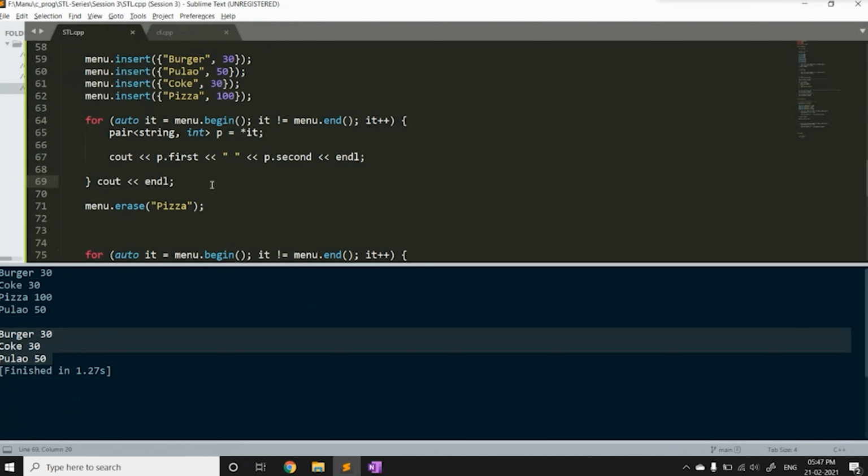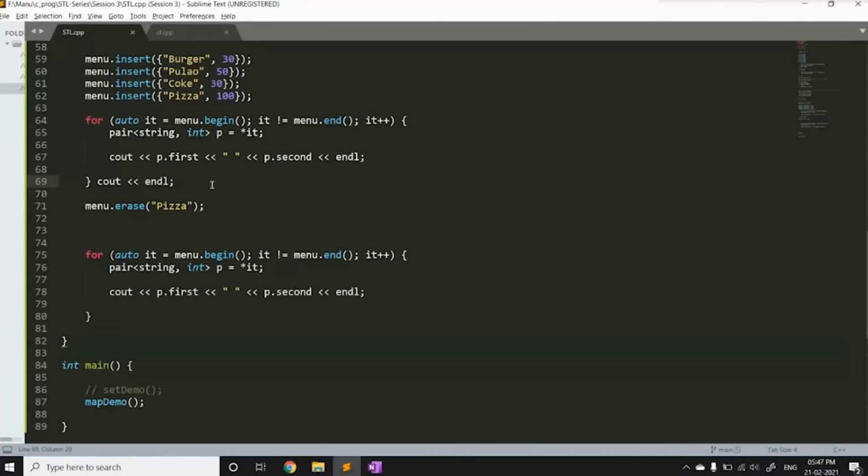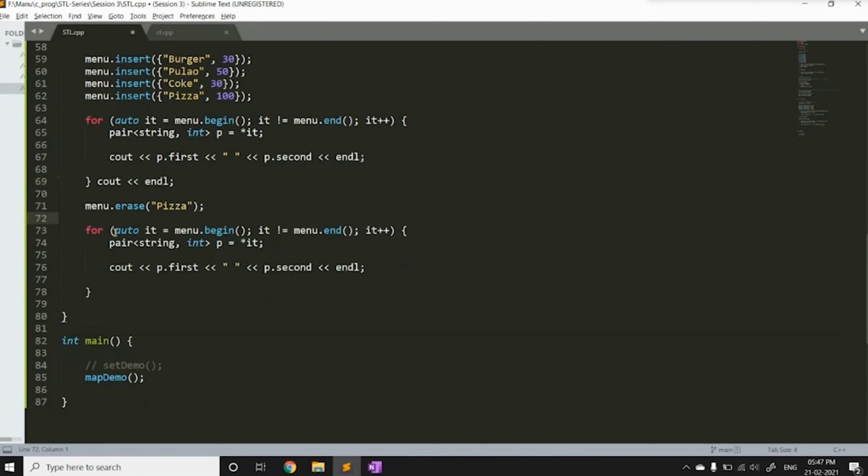So all these operations take O of log n time. If you are inserting one element, it will take log n time. If you are inserting n elements, it will take n log n time. I hope this was clear to everybody till now. If you have any doubts, you can just ask me. I can explain it again if you want. If not, we can continue.